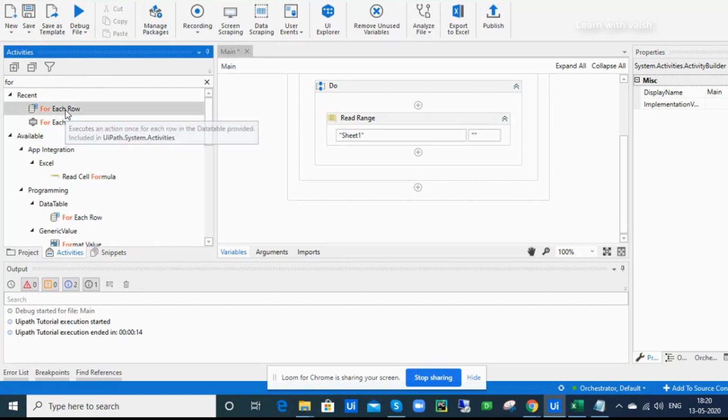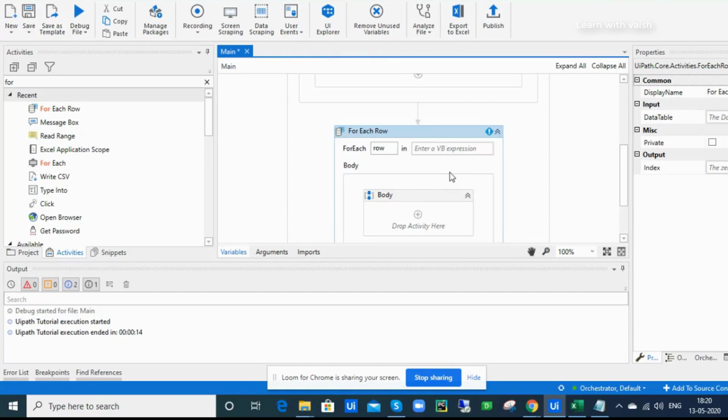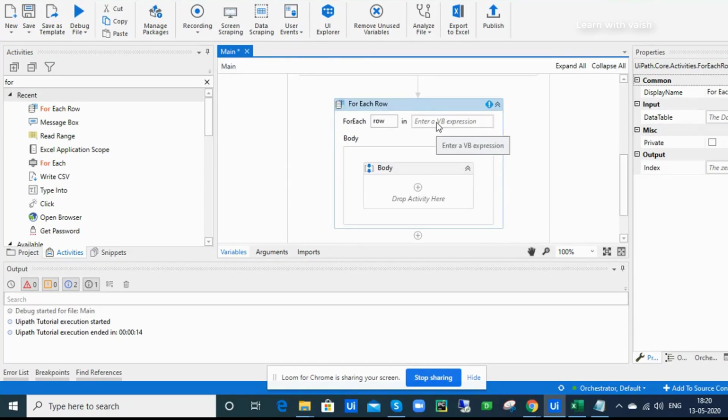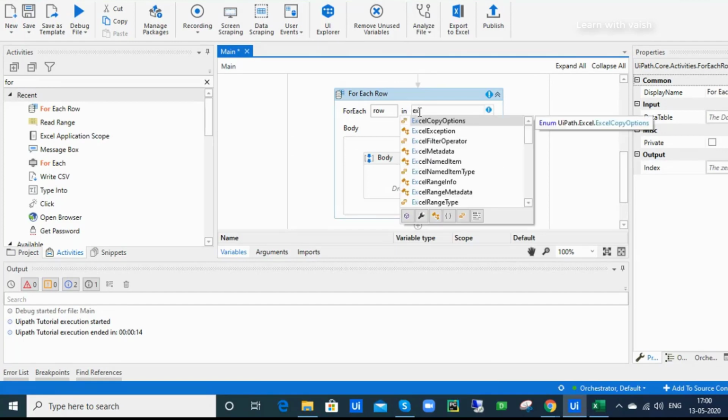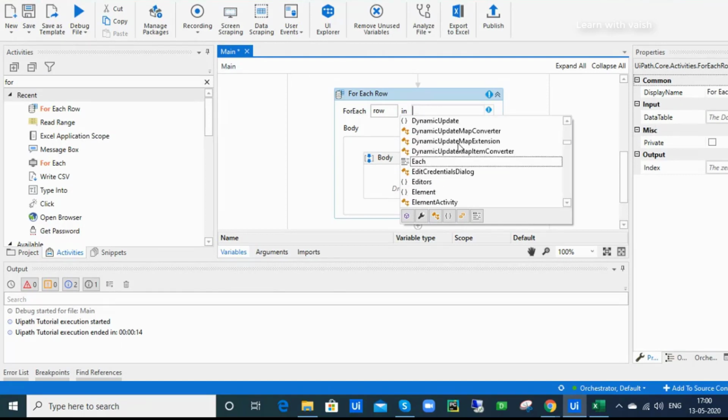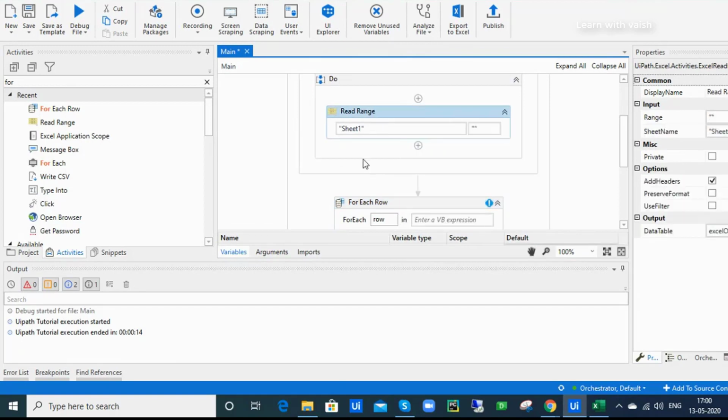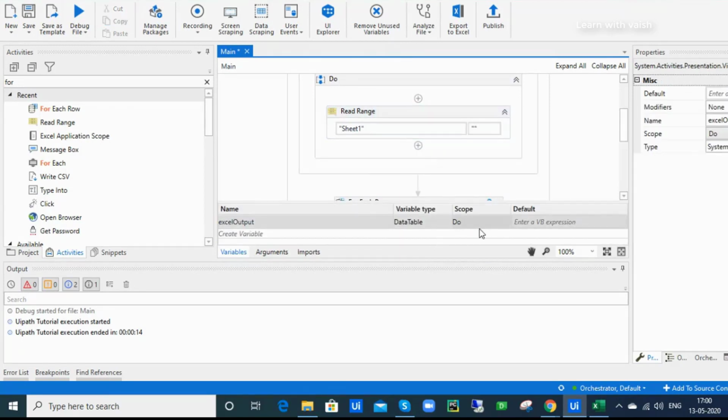For that, you have to drag and drop the for each row activity from the activity panel to your designer panel. Here, you have to provide your data table variable. As it is not showing up, just change the scope of the data table variable.